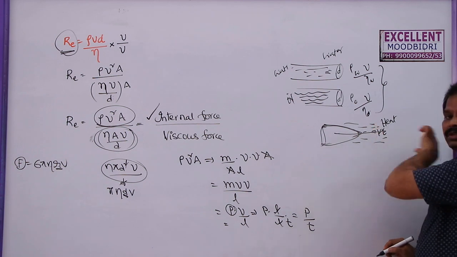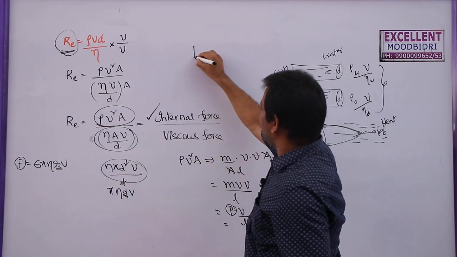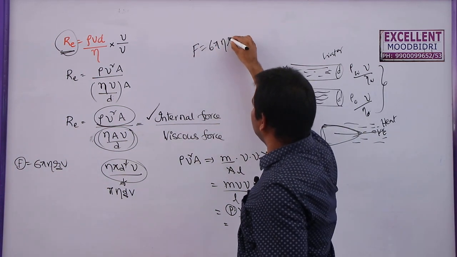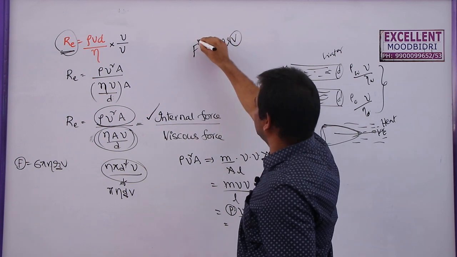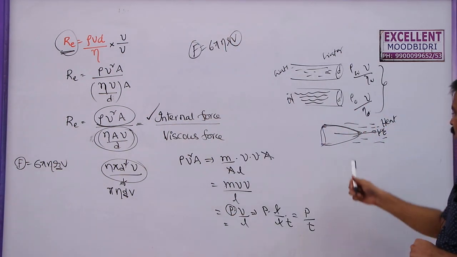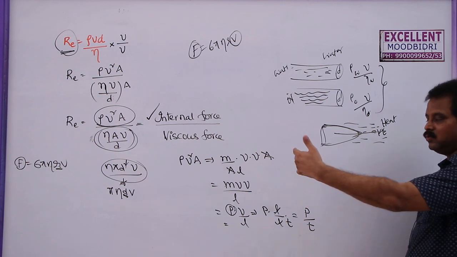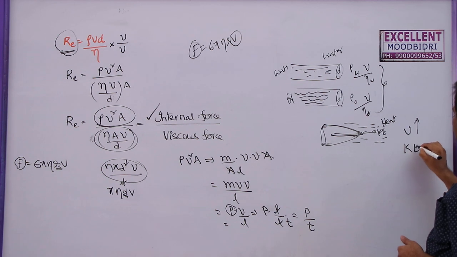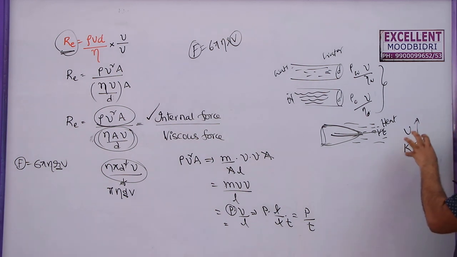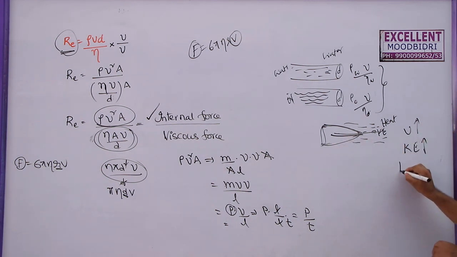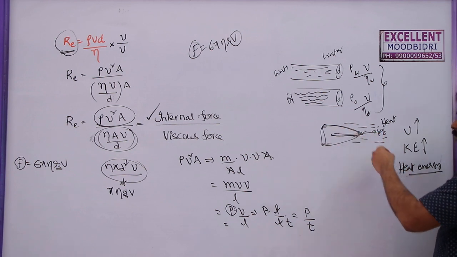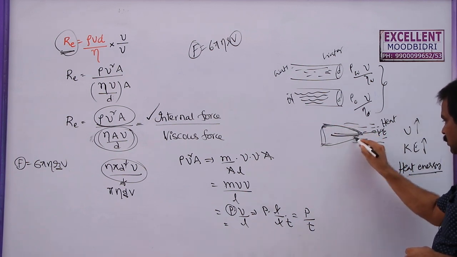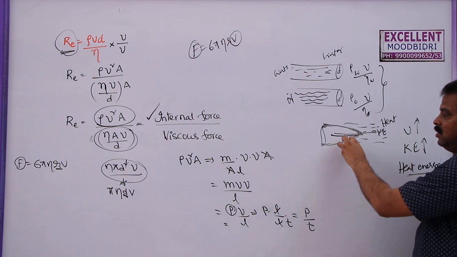Whenever velocity increases, viscous force increases, as in the formula F is equal to 6 pi eta RV. As race cars or aeroplanes travel with large speed, they have large velocity and therefore large kinetic energy. Some of this kinetic energy converts into heat energy. So to decrease the amount of heat dissipated in this process, the front portions are streamlined to decrease this viscous force.